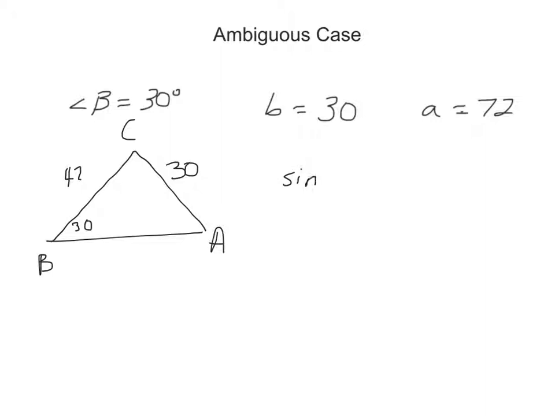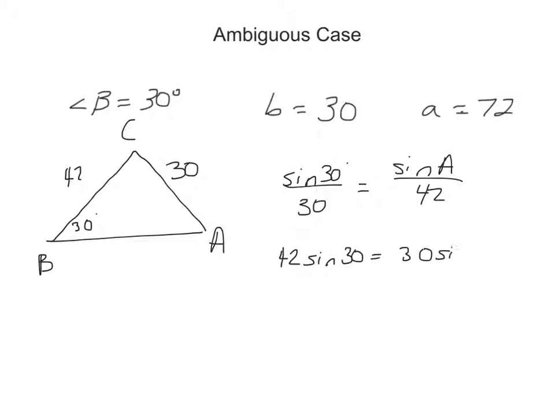Sine of 30 degrees over 30 is equal to sine of A over 42. We cross multiply, we get 42 sine of 30 is equal to 30 sine of A. Divide by 30. I'll use my calculator for this and find out that sine of A is equal to